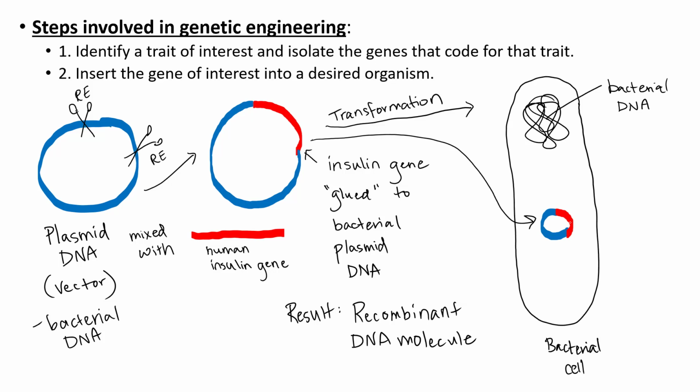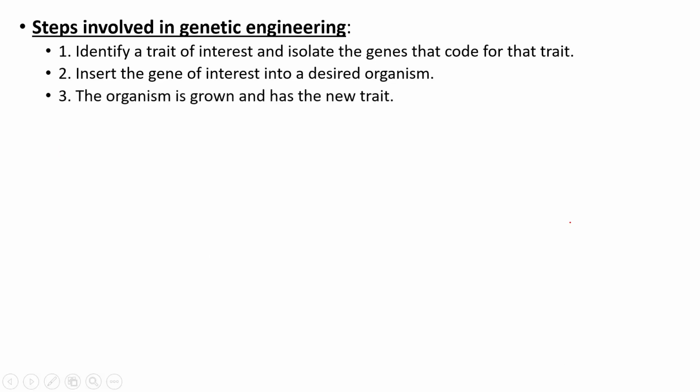And it turns out that the protein that's made from this bacterial cell is identical to the protein made from human cells. Let's diagram that out in the next slide. So this is going to be step 3. Step 3 is that the organism